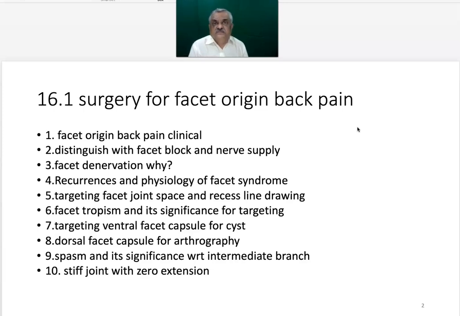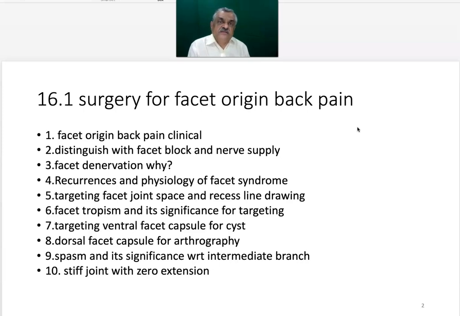and the facet denervation. Facet denervation is done where the facet block has succeeded but has not given a sustained relief, and we are dealing with a situation where the pain is very intense. When we have a relief of more than 75% of back pain by facet block, which can be checked on table, that is when you block the medial branch of the dorsal ramus, ask the patient to extend on table and the patient says that my pain has gone away, you can think of a facet denervation for a longer